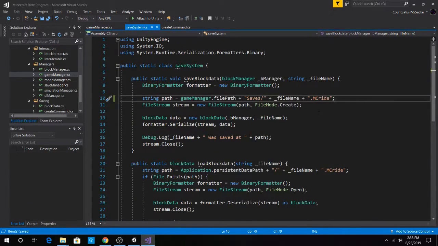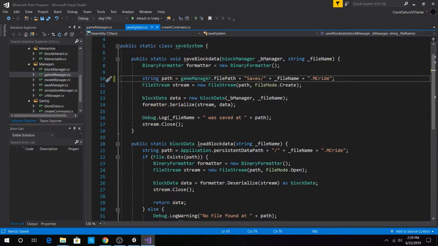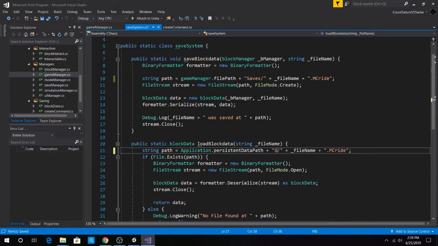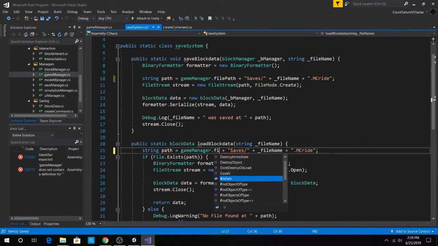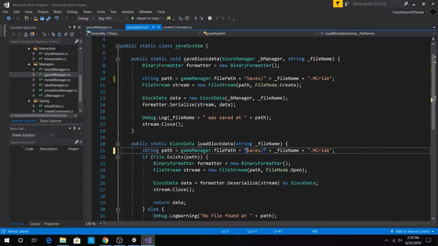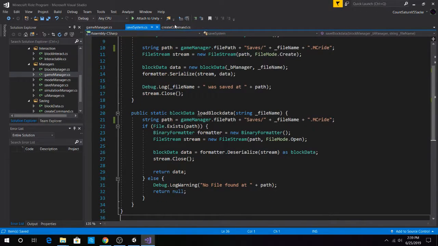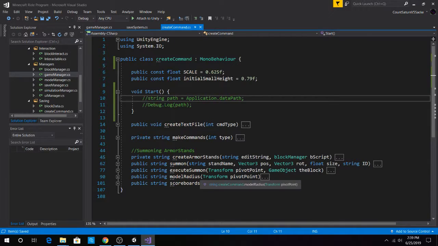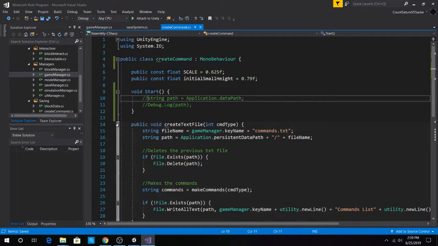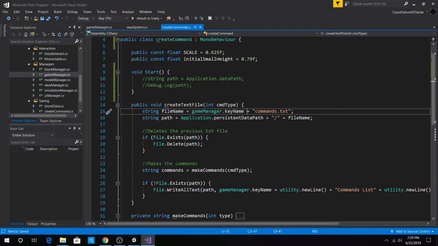However, before I do that, we also need to do the same thing here. When we load data, we also need to make sure we do the same thing. So GameManager.filePath plus saves. And now we'll do the same thing for create command. To create the text file, rather than doing this, what we have to do is,